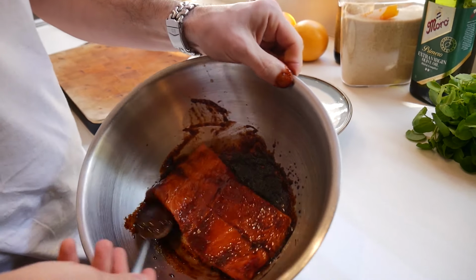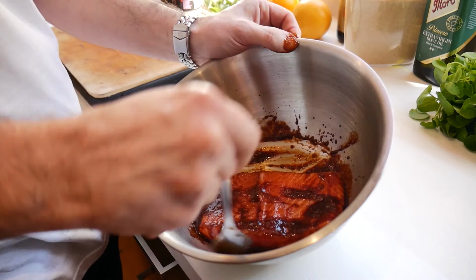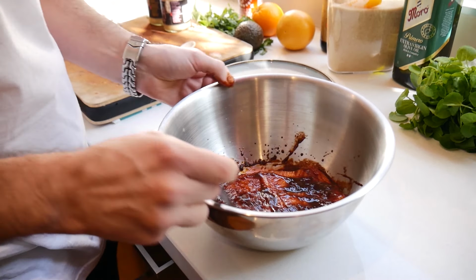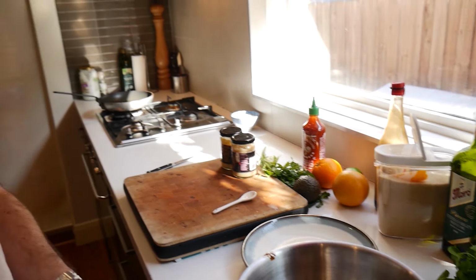So just leave those to sit. You want to give them at least 15-20 minutes for the flavour to penetrate. So if you've got more time, then that works as well. But 15-20 minutes at the minimum is going to really increase the flavour. So while they're sitting there, we can then make the salsa to go with the